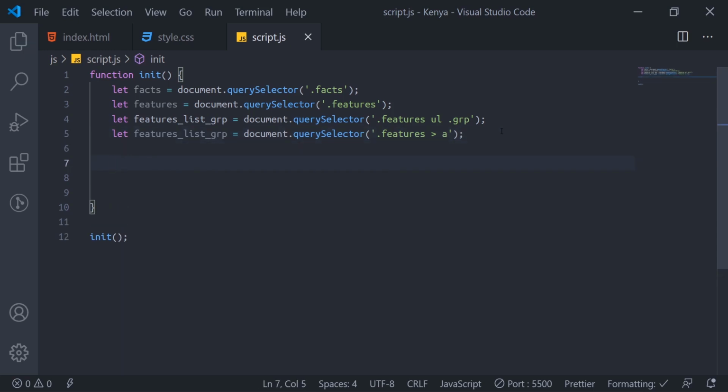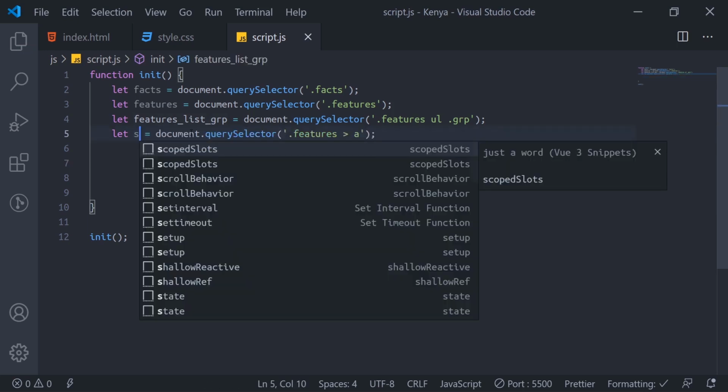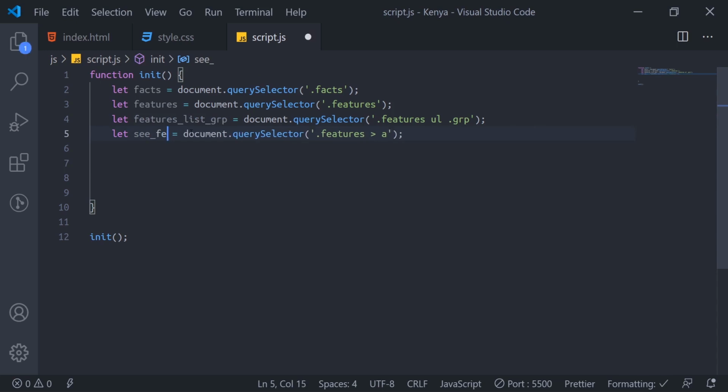So what we'll first do here now, we need to add an event handler to see features. One thing about me, I need to give names to items like variable names. I'll just use any name that makes sense in my head.